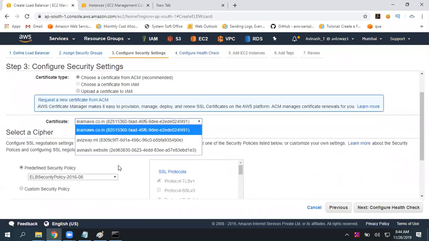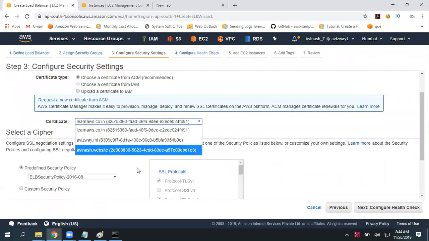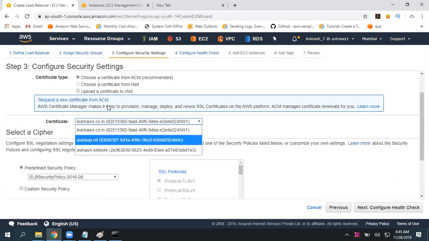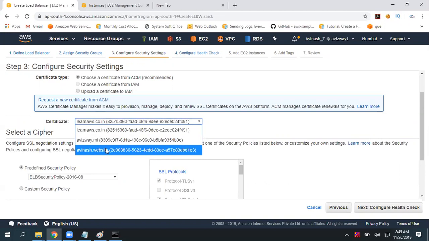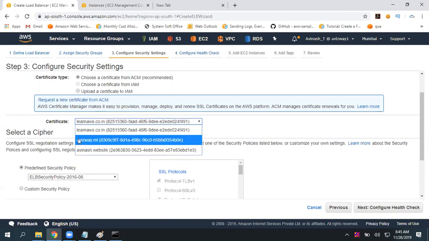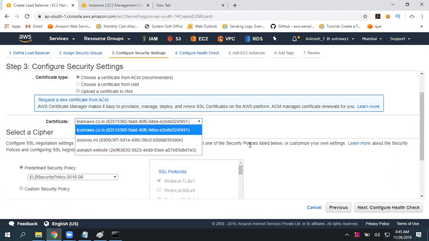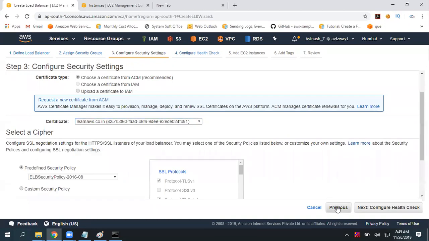I already have some certificates, but again you will come up with questions: have you generated that, where did you generate that? So that is why I'm skipping this step. I have 3 domain names and have generated certificates for them. How I registered and where I registered, we will discuss in Route 53. So don't worry about this feature at the moment.